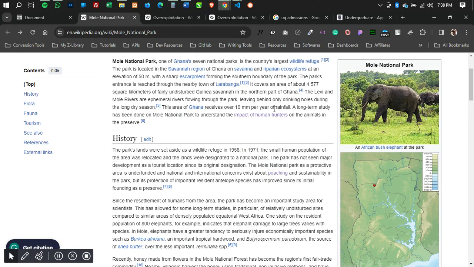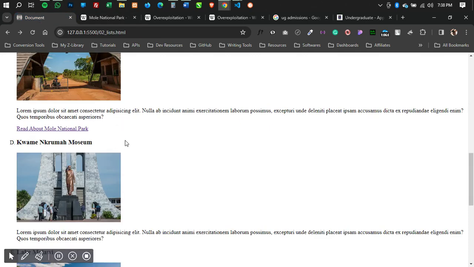If there is an additional resource you would want them to have a look at, or there is an external link. Also, when you are linking to external resources, you have items on your website and you want to link them to a different page, right? A different website, a website which is not yours. You wouldn't want the user to just close your website and leave. I get it. It's not healthy for your SEO. So you would want to use the blank attribute so that it opens that site on another tab. Are you getting it?